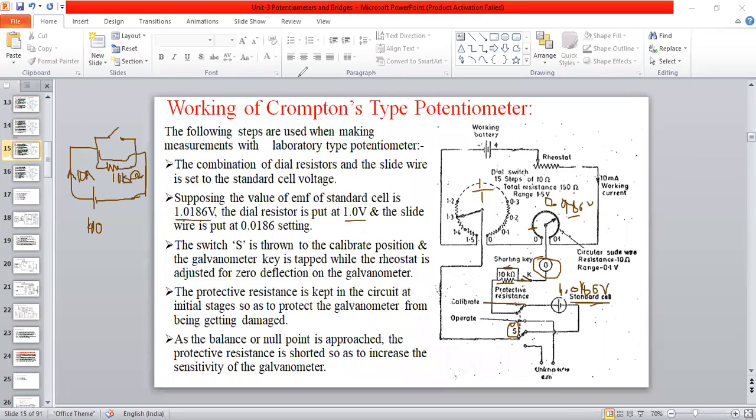What I will do after some time, after setting the current in the rheostat, sorry, that galvanometer, is close this switch here. Then will the current flow through here or both? I'm asking: will current flow through the short circuit, or through the resistance, or both? In both the places will the current flow? Do tell me.